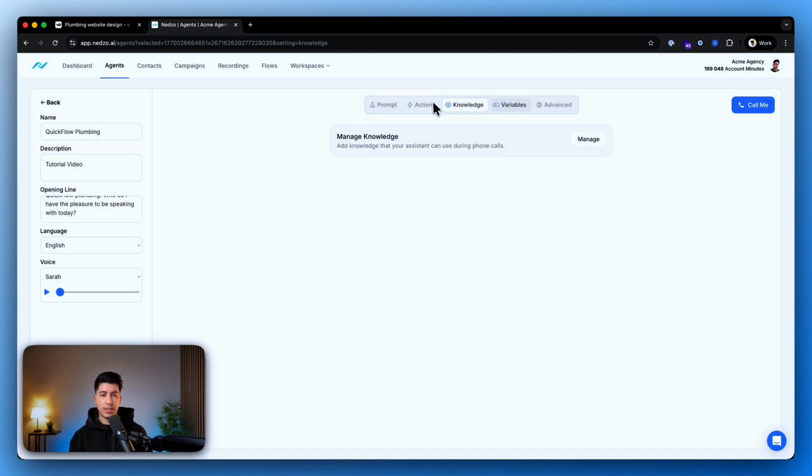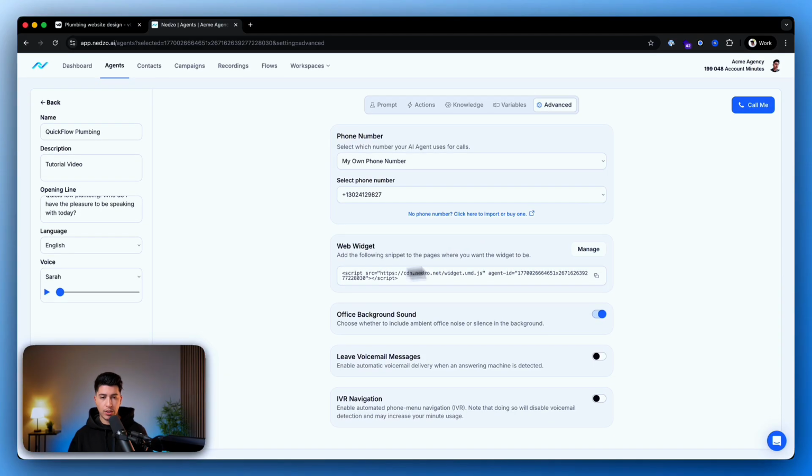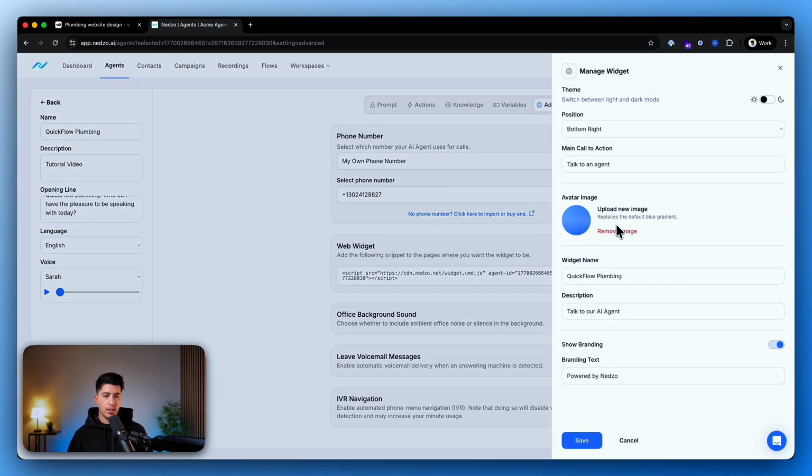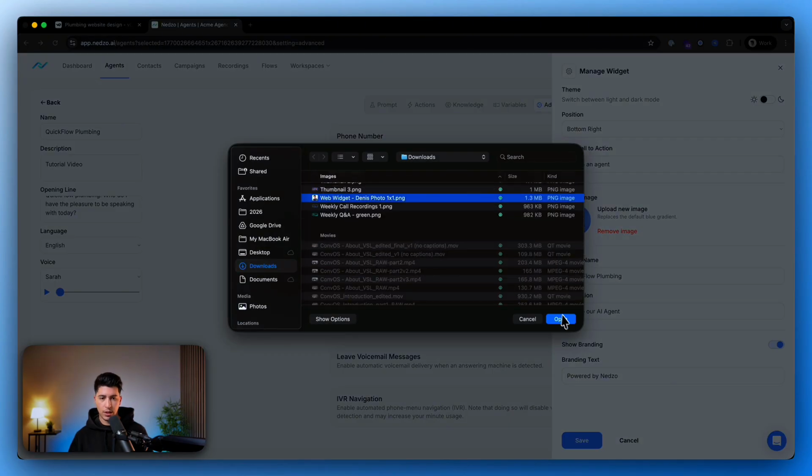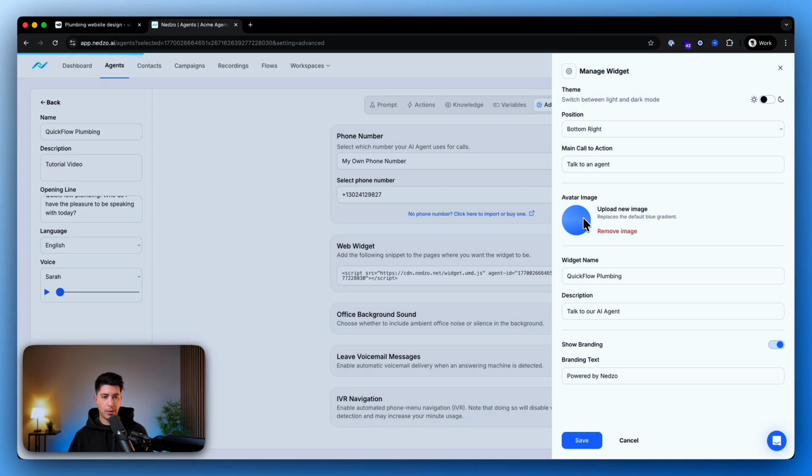Cool. So now that we have it, let's go to advanced. Let's go here and tweak this. Now, just to make this super interesting, let me upload a new image. Okay, here we go. My profile picture. Boom. Now, bottom right, talk to an agent. I would say